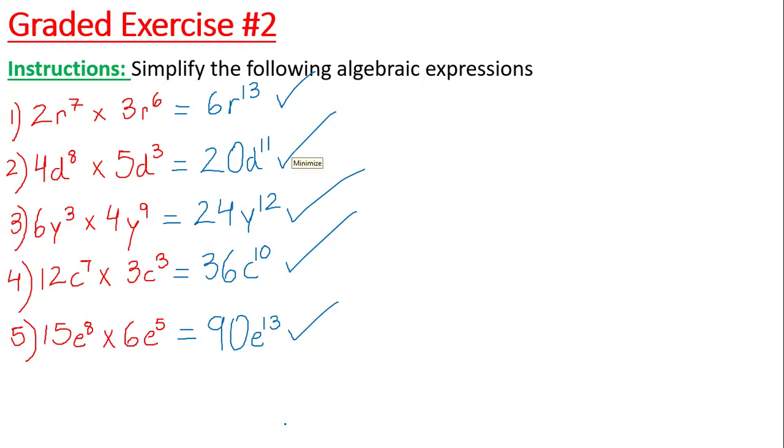Johnny, where's Johnny? I need you to take a picture of your work and send it to me. And Jasmine, where's Jasmine? Why is she not responding to me? Jasmine, are you there? Jasmine, if you can hear me, you need to take a picture of your work and send it to me via WhatsApp. Let's move on to the next part of this.